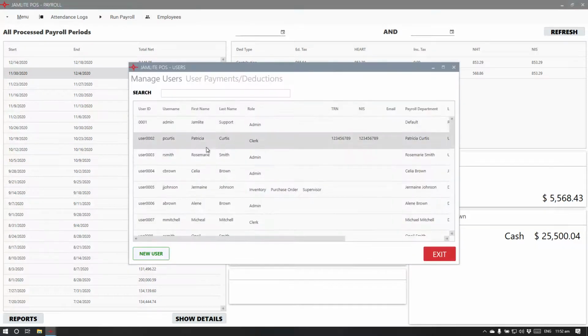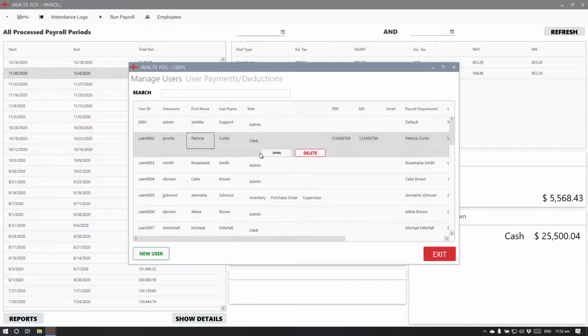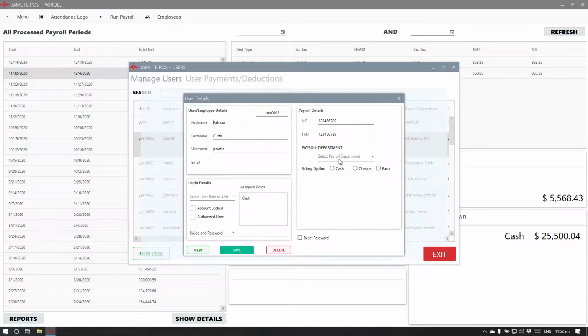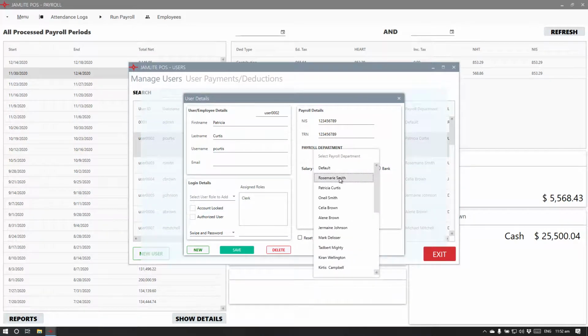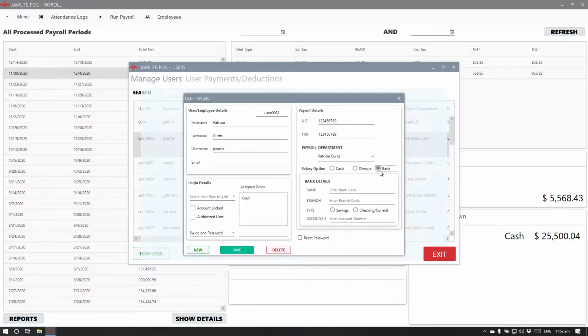Staff banking information or deductions can be added as well. Select the bank, enter their bank code, branch code, the account type, and the account number. Once that is saved,